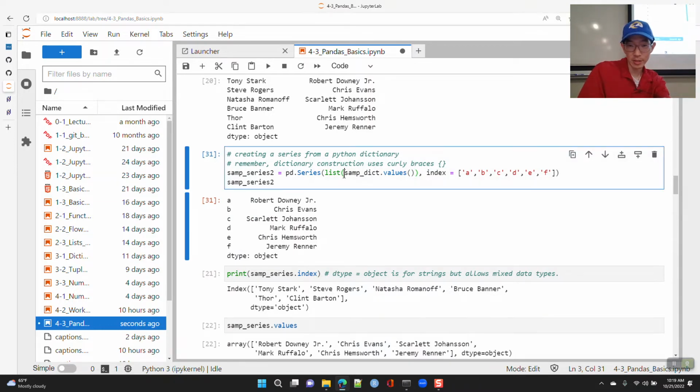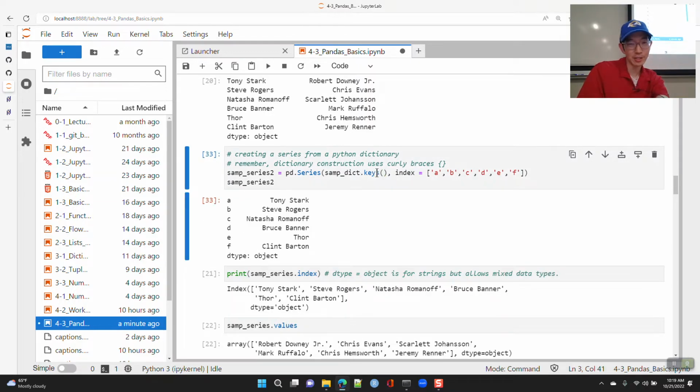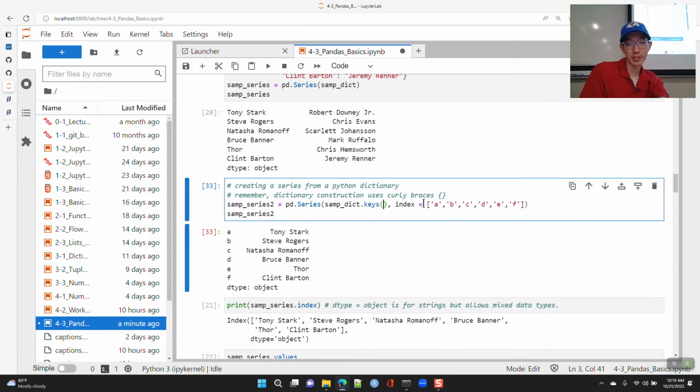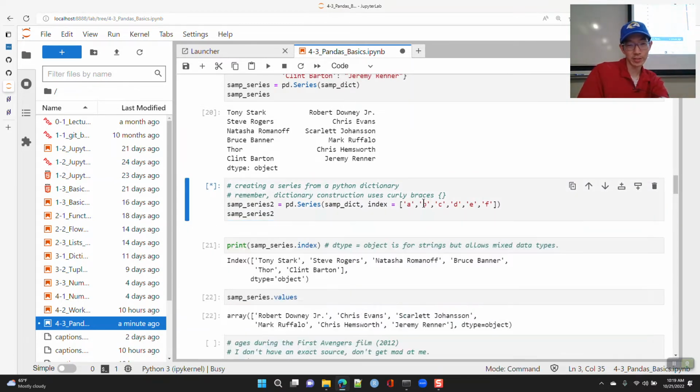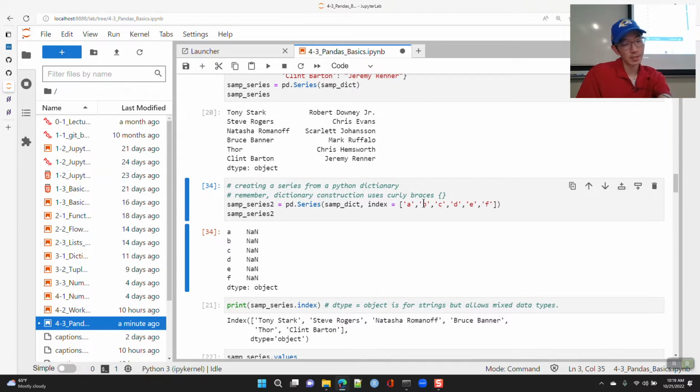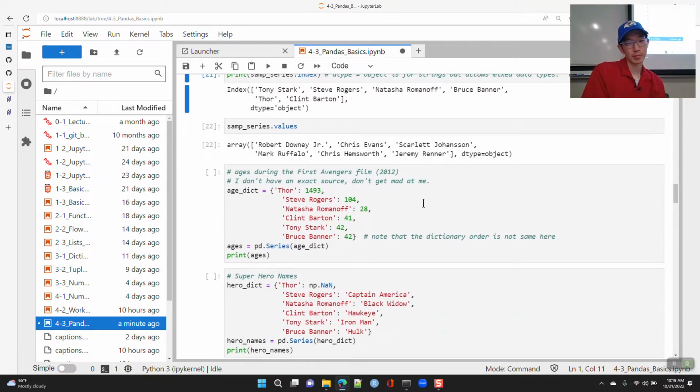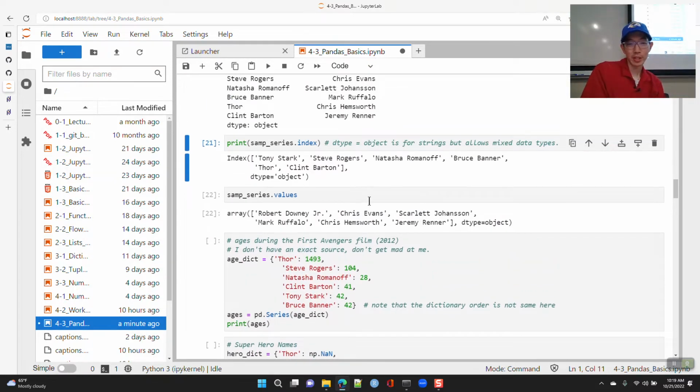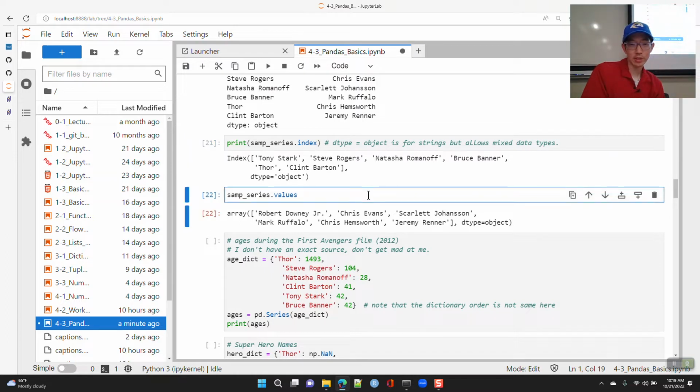So you can use sample dictionary.values or keys, the view objects, to pull those values or keys out and then specify an index. But if you give it the dictionary itself, which comes with keys and values, it doesn't like that. Okay, great, so we have that sample series.